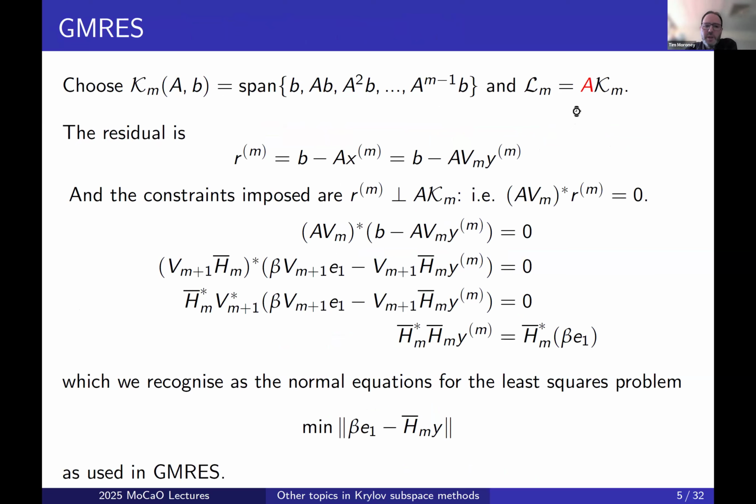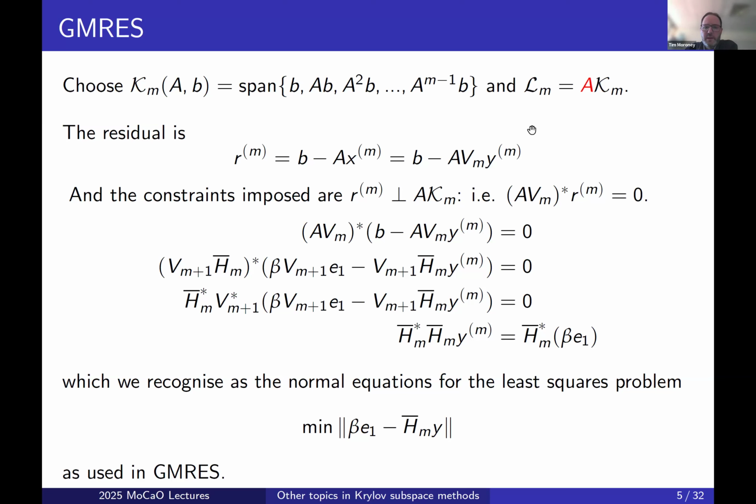But an alternative way of looking at it is to once again project the problem onto K and then enforce that the residual, which in this case is the linear system residual, b minus Ax or b minus A Vm y, enforce that that is orthogonal to L,